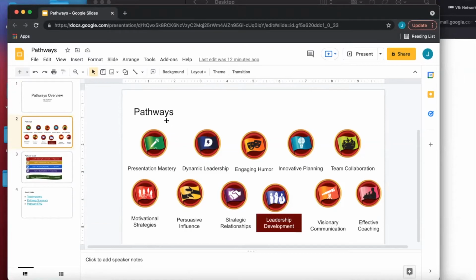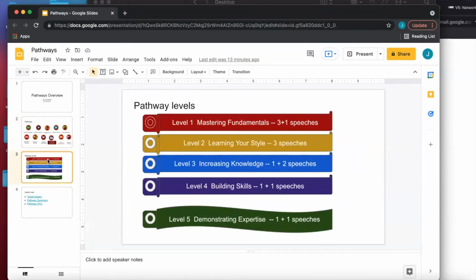Initially, when you join Toastmasters, you would have paid the Toastmasters fee of $45. Currently it is $45, and then $20 extra for your first pathway. So you need to pay $20 to get onto a pathway. If you go with another pathway, you can take another one, and at that time you have to pay $20 again. That's how it works. And no matter what pathway you take, they're all structured the same way.